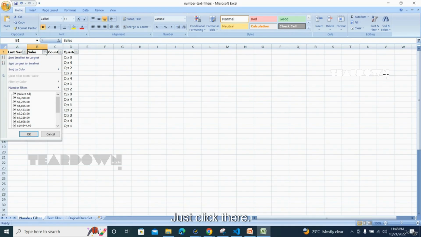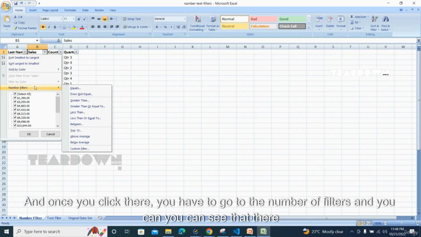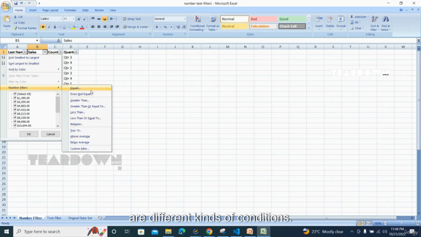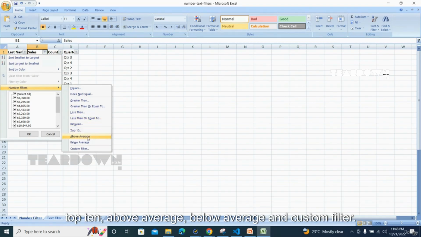Just click there, and once you click there you have to go to the number filters, and you can see that there are different kinds of conditions like equals, does not equal, greater than or equal to, less than or equal to, between, top 10, above average, below average, and custom filter. So let's select the greater than one,